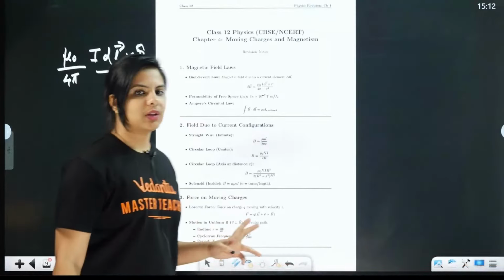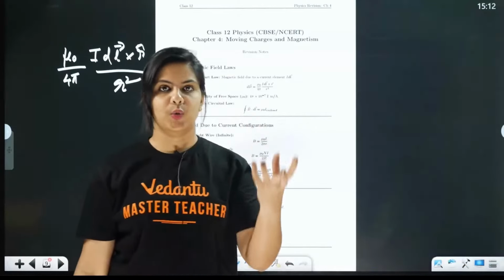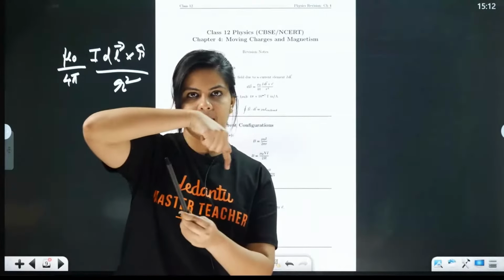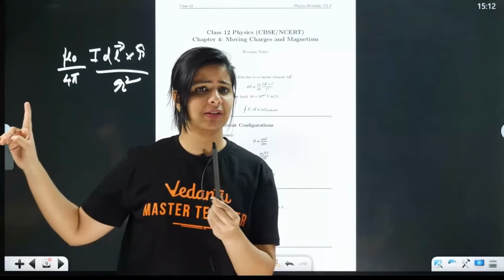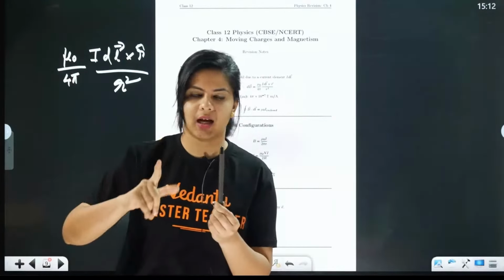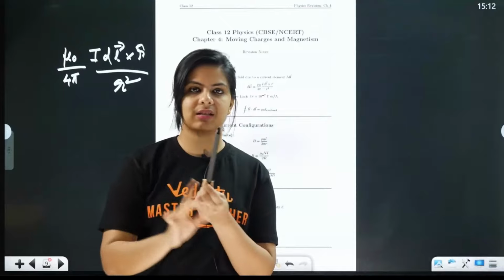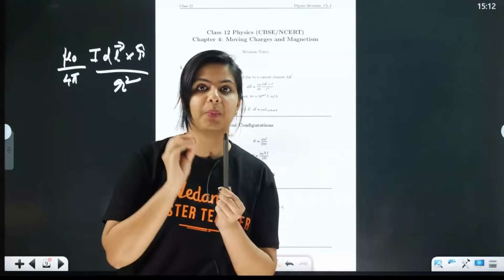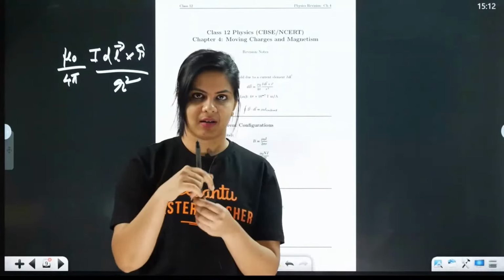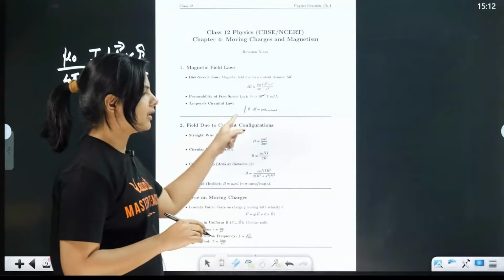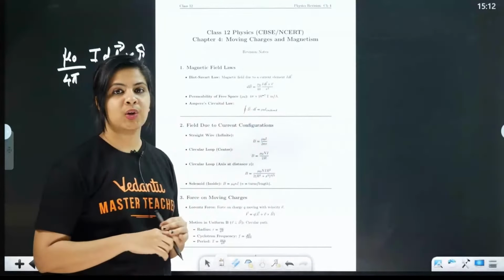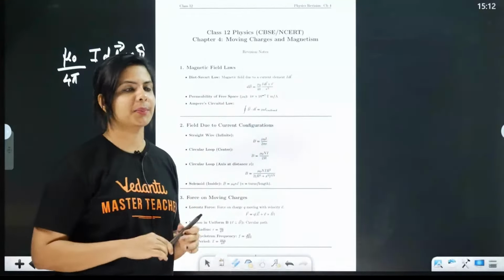Now Ampere's circuit law is another important law, for a closed loop. I have a current carrying wire, and I'm just considering it inside a closed loop. In Gauss's law, what have we done? We have considered a Gaussian surface, correct? So here, we are considering a closed loop, which we call an Amperian loop. So the Amperian loop has a current carrying wire in it. So I can say that the closed line integral of B dot dl will be equal to mu 0 times the current enclosed in the Amperian loop.